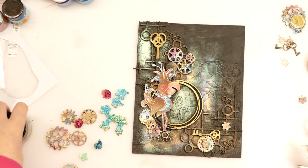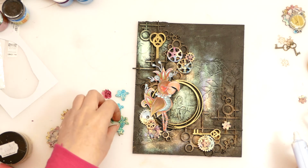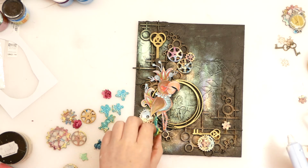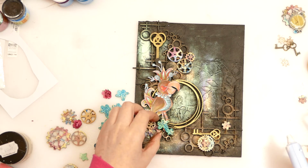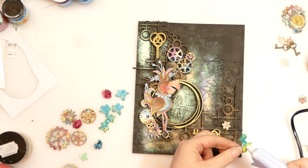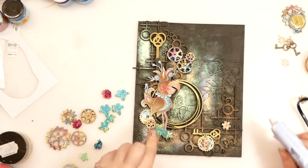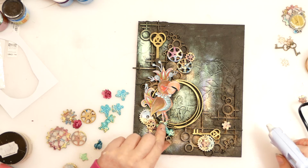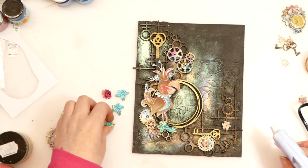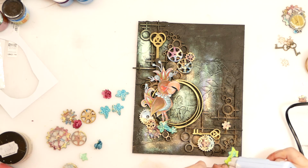Okay, so I've had a little hunt around my craft room for some final embellishments, and I found some. I was playing with paper clay with my daughter last week sometime, and we made a whole load of leaves and things like that. So I just saw them and thought they were quite pretty. As you can see, this one started its life lime green, and the other one was sort of like a minty green. But what I've done is the Lumi paints that we were using, I have just painted over with the same blue Lumi paint and added a little bit of